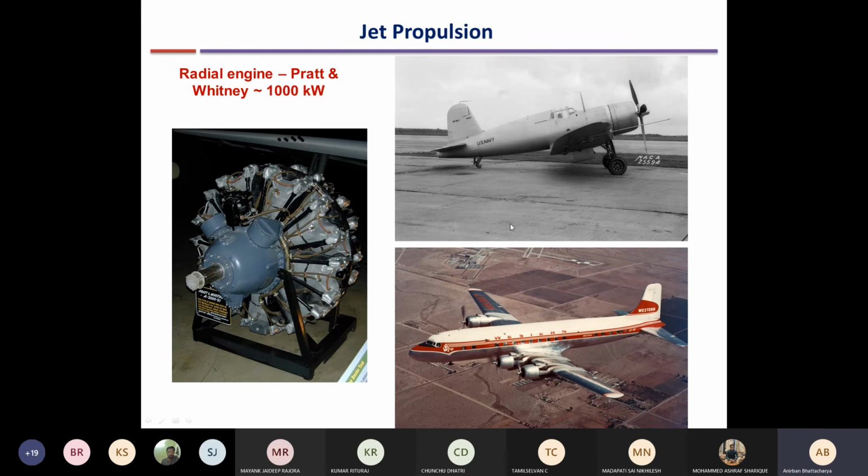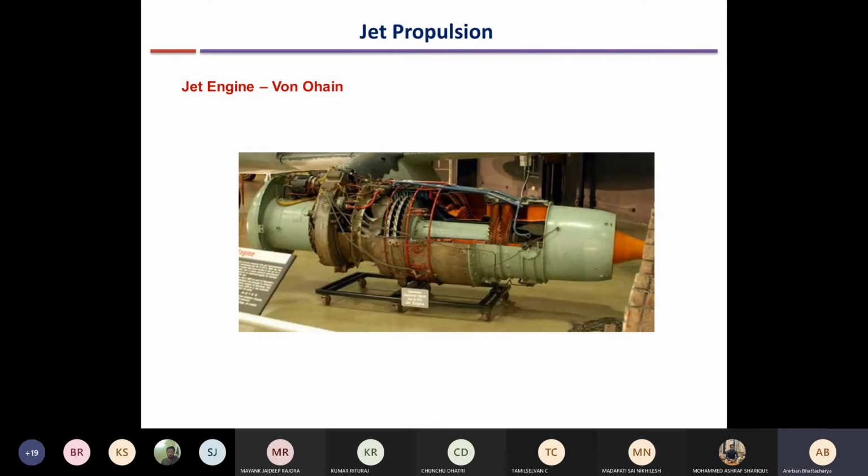Radial engines were very widely used around the 1940s, and were used widely for World War II aircraft by many of the countries. So around that time, two groups were